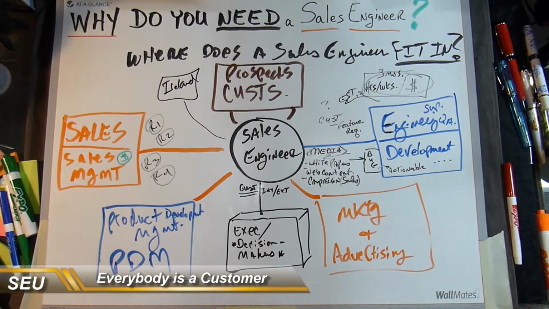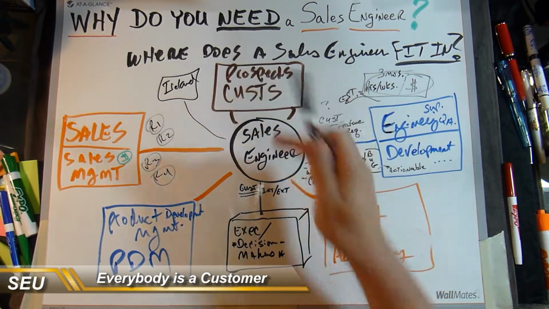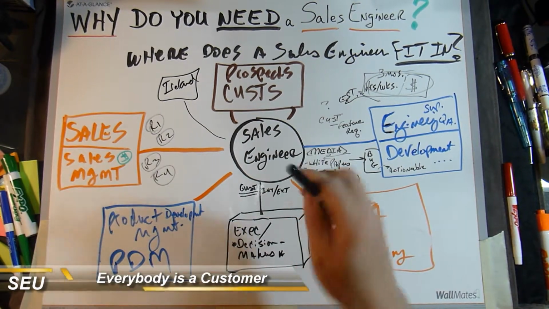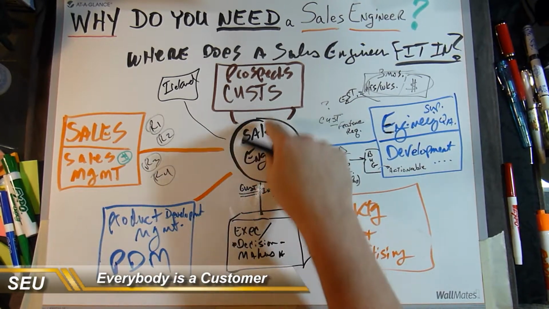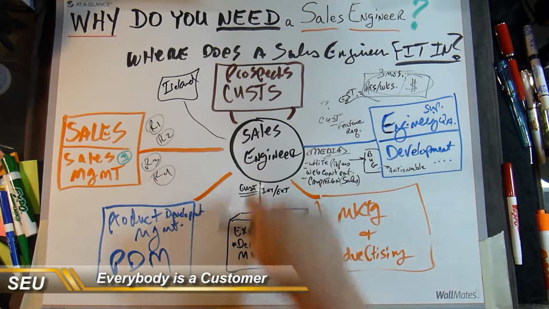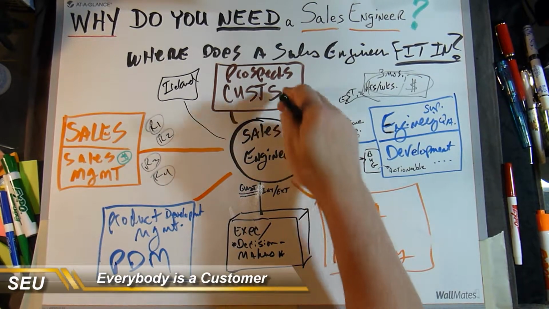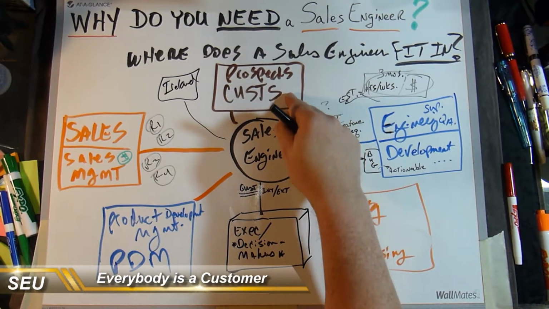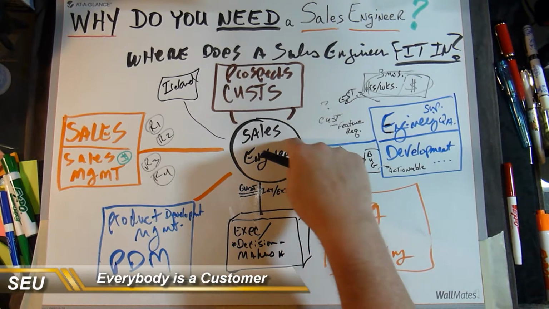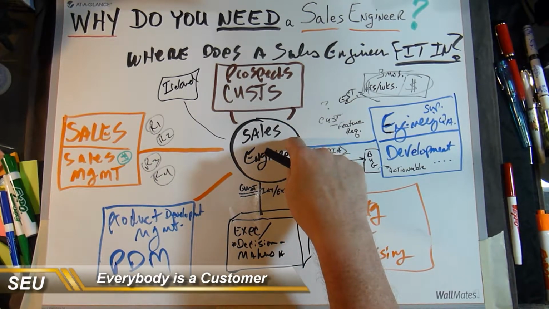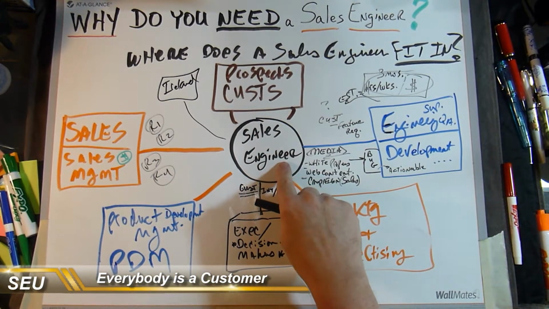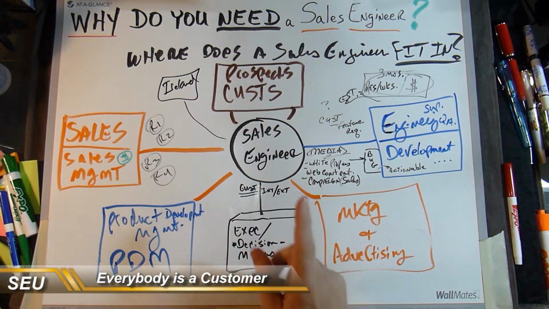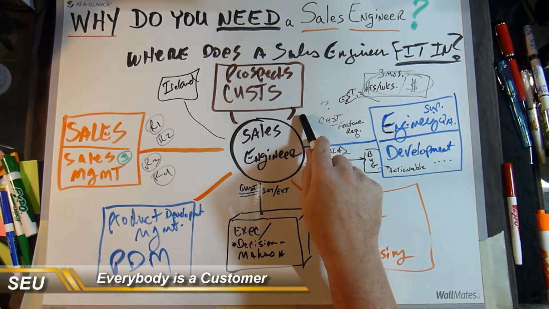So the prospects and customers, when we talk about them, what is the way they would want us to talk about them if they were in the room and I had to get them something, get some information, communicate their needs and wants into product or marketing? How would they want, as a fly on the wall, to hear me as their advocate talk to them? These other individual units, they would want a whatever it takes attitude, and that's what I give them. Whatever it takes, it's going to happen.